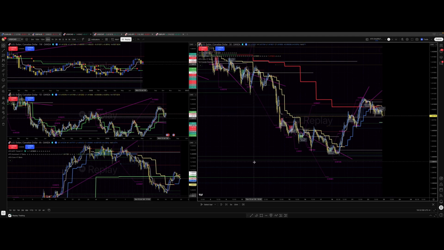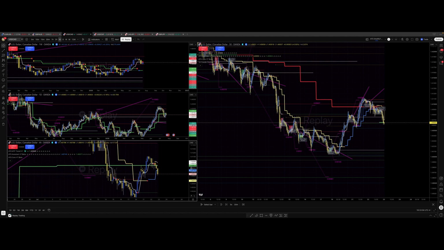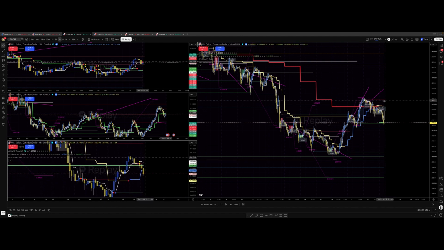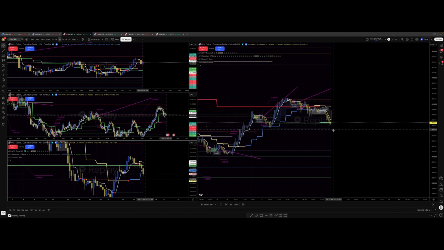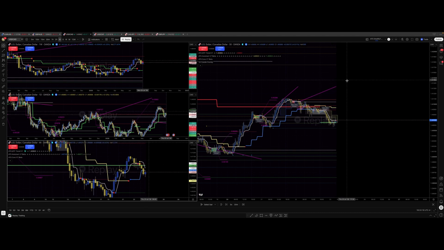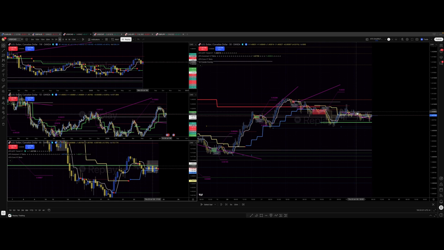All right, we're coming back down. We confirmed to the downside on the 4 hour, right about this area here. We have a new gray box. We'll probably come down to this level, maybe past it, and then back up. All right, we're rejecting off of this. It doesn't like that. I think it's going to go down a little more. No, maybe not.